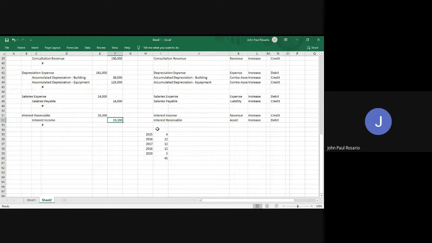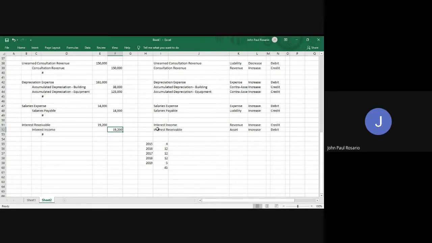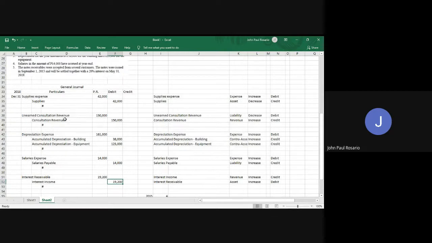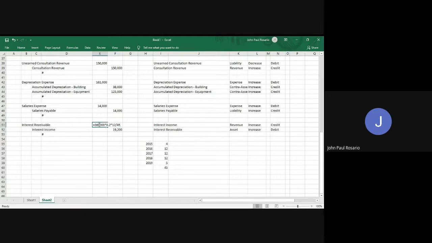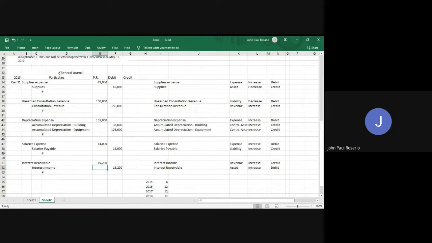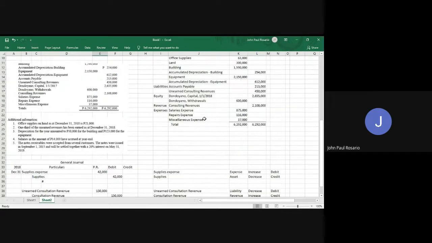So do not worry guys, later on in your actual assignment and exam, I will make sure that errors like this do not happen. Okay? So there's 72,000. Okay, so after that, we were able to obtain our adjusting entries. So we label these first as A, B, C, D, E, so that when we post to our adjusting entries,